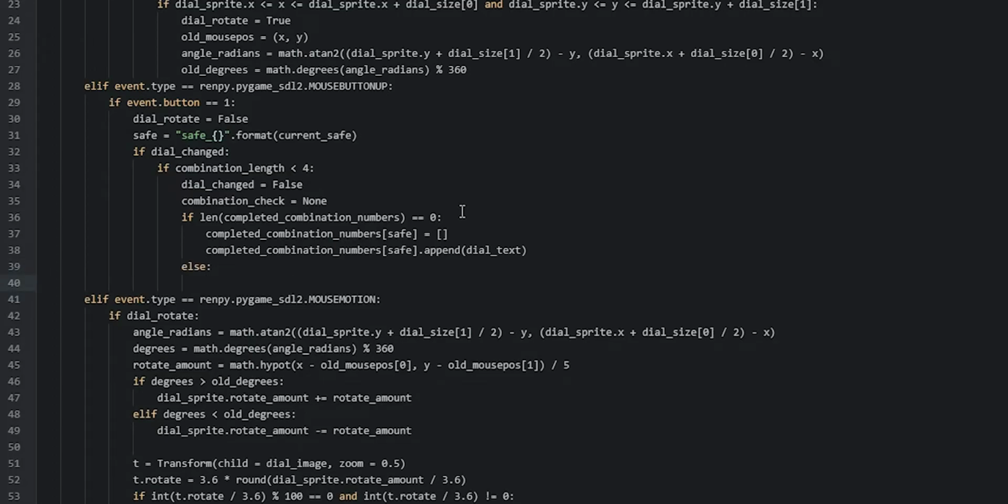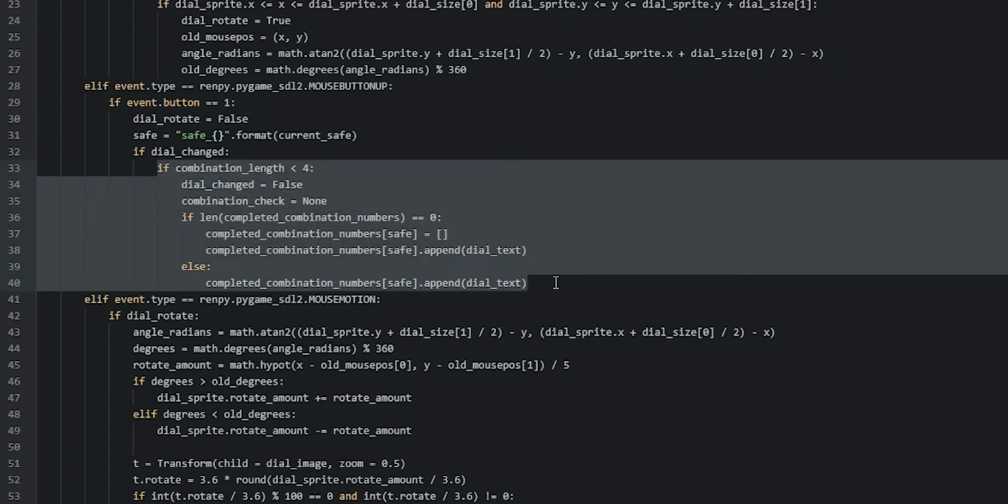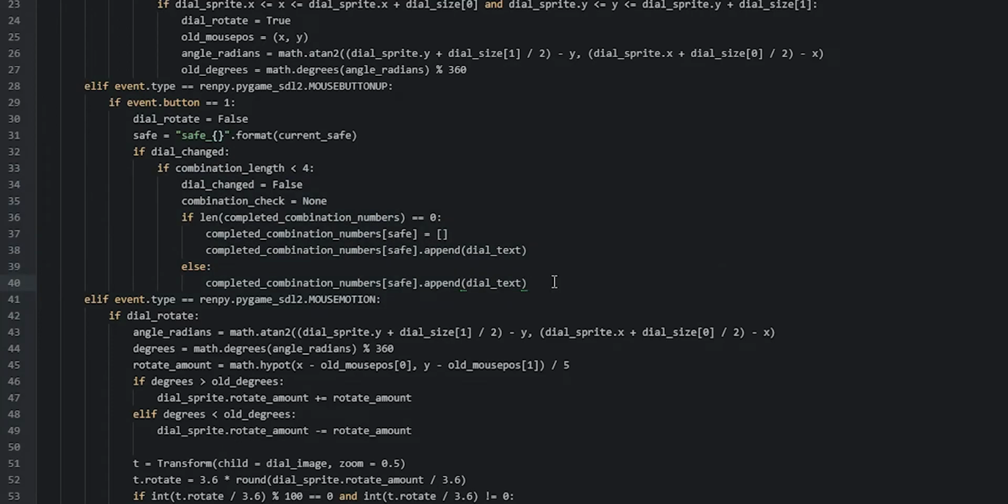So in this case, we just need to append the value to the list inside of the dictionary. So we can just go ahead and copy paste this line right here underneath here, like so. Now the last thing we're going to do inside of this if statement is to make sure that we are incrementing the combination length variable by 1, because now we've added one of the values